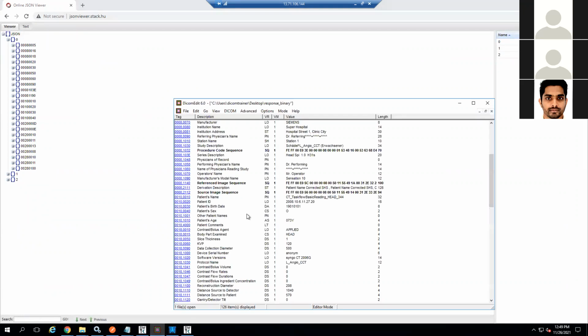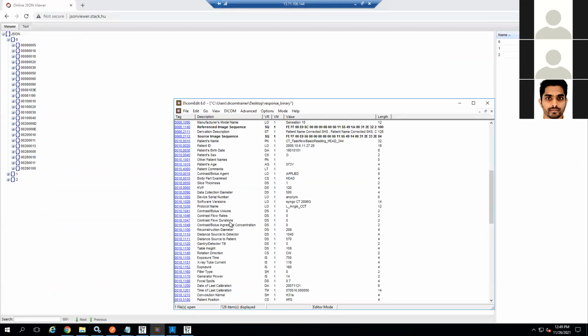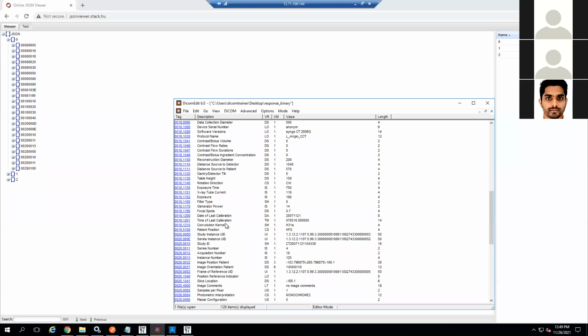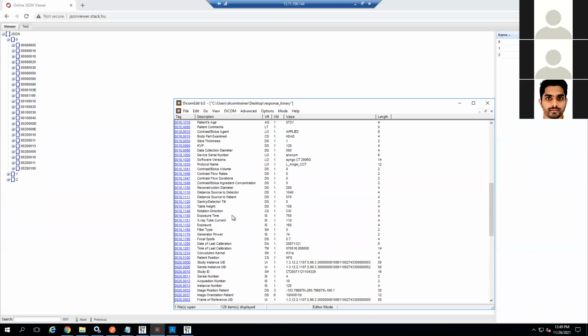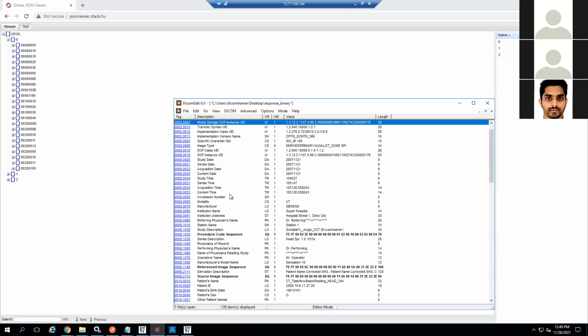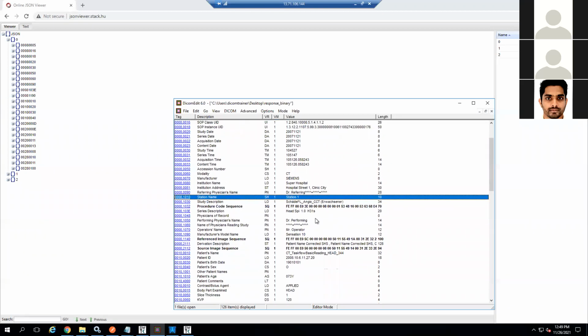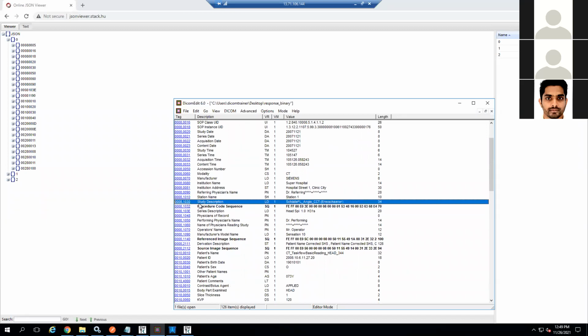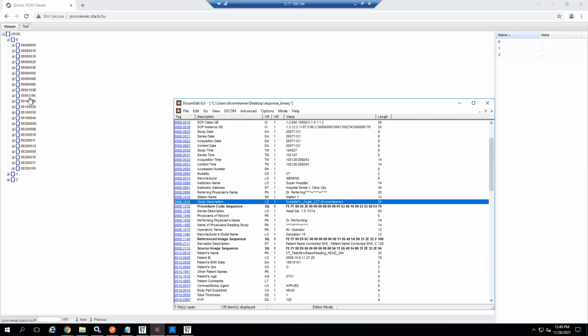Let's see what the tag for that is. Or if you want the study description also, we can see it. It's 0008 1030. 00081030 is not here in this, right?